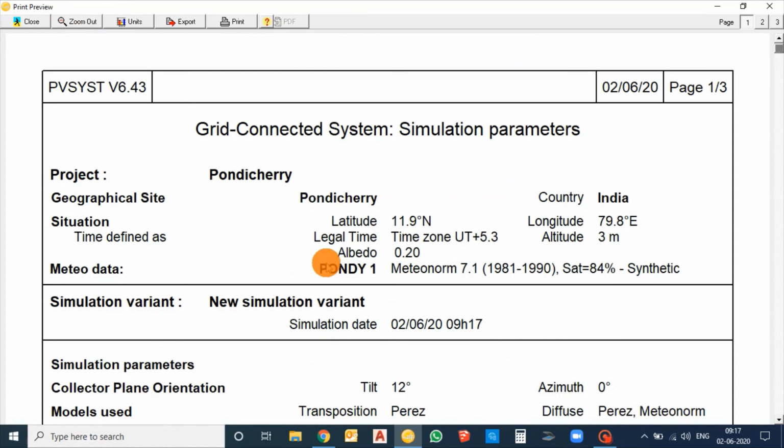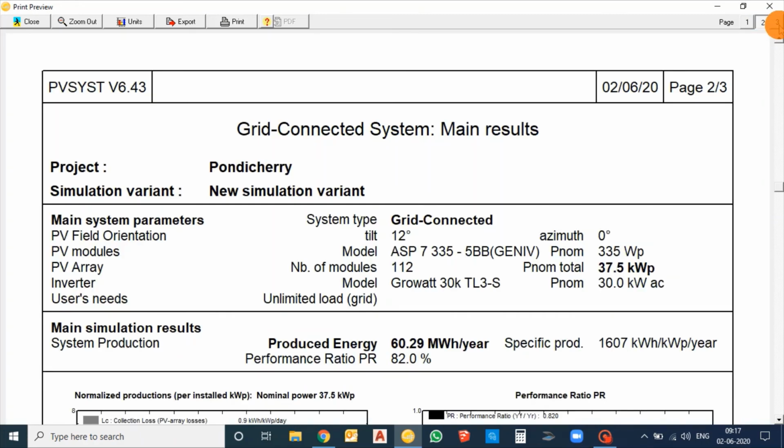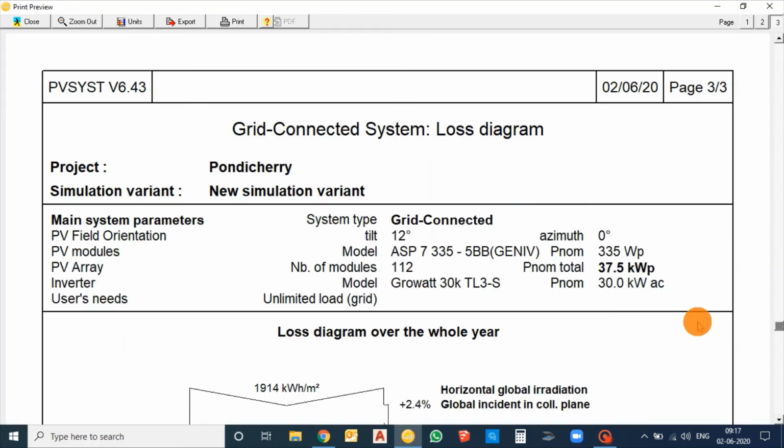I have already explained this report and what details are available in it in my previous video. You can look into it. The report has been generated. I have already simulated and executed a report and explained what things are available in it. You can look into my previous video. Thank you.